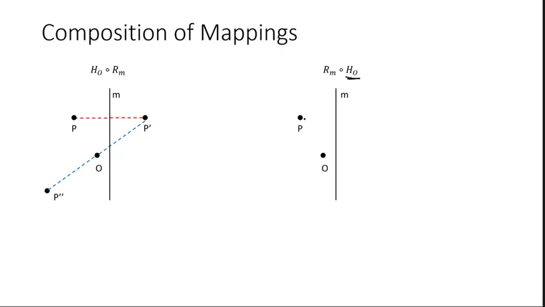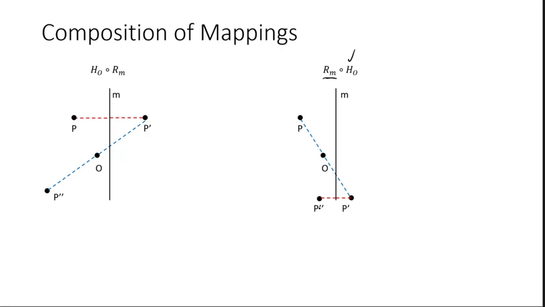All right, so if we take point P and do a half turn around point O, it's going to take you over here 180 degrees to this point. So we've done the half turn, and then we have to do the reflection of P prime across line M. That's going to be this right here. So we reflect point P prime across, and that takes you over here to this point, and that would be